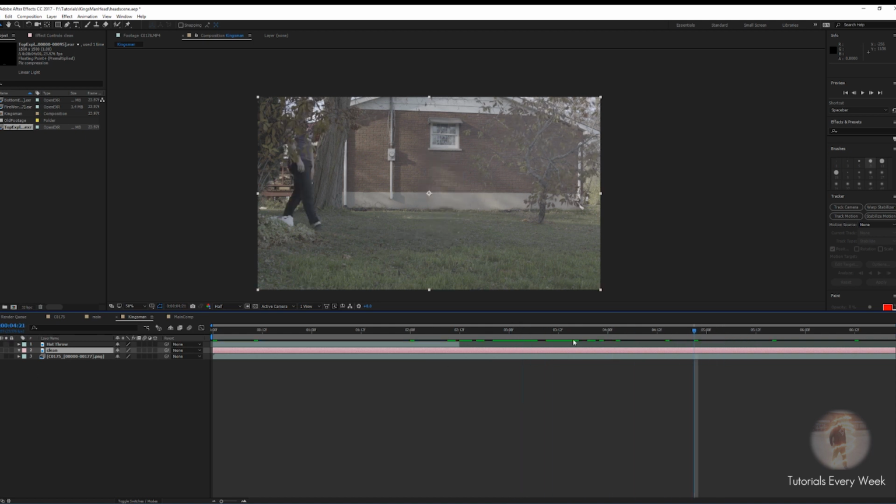What you'll also need is a clean plate, so a frame where there's nothing on. I'm over here obviously, but this is the only area we need, so it works perfect. And then